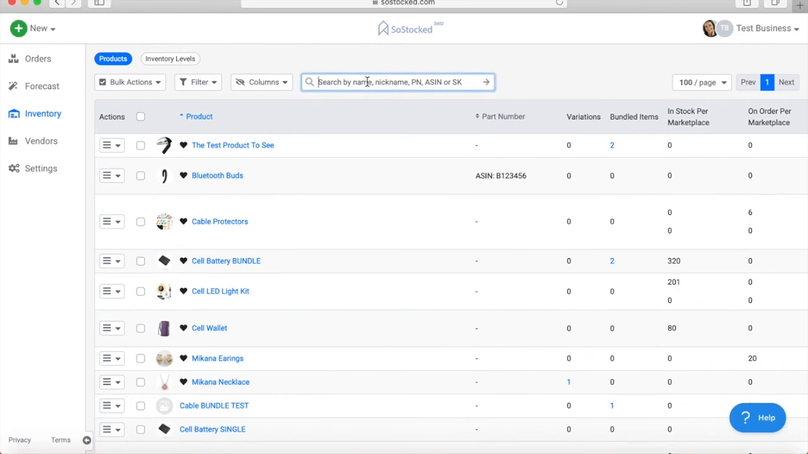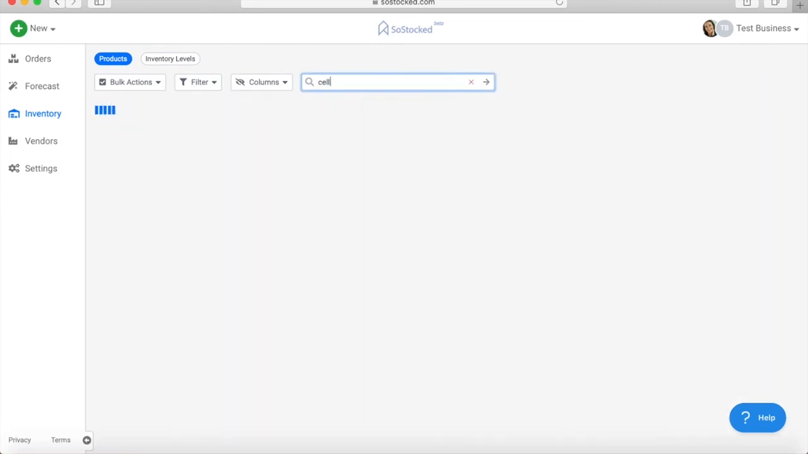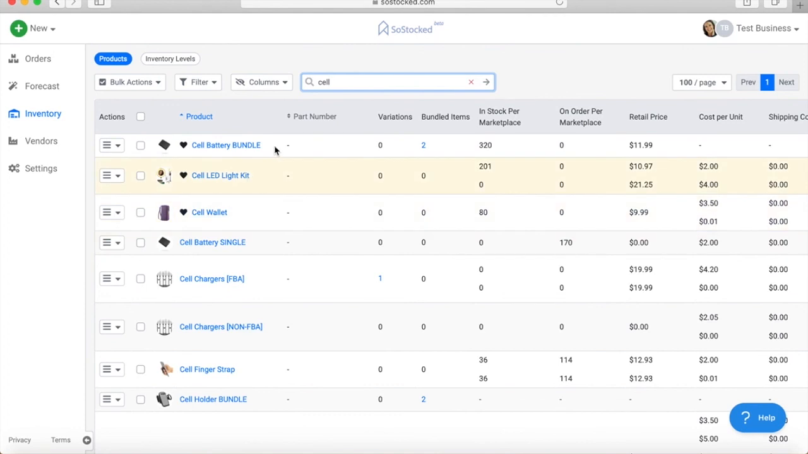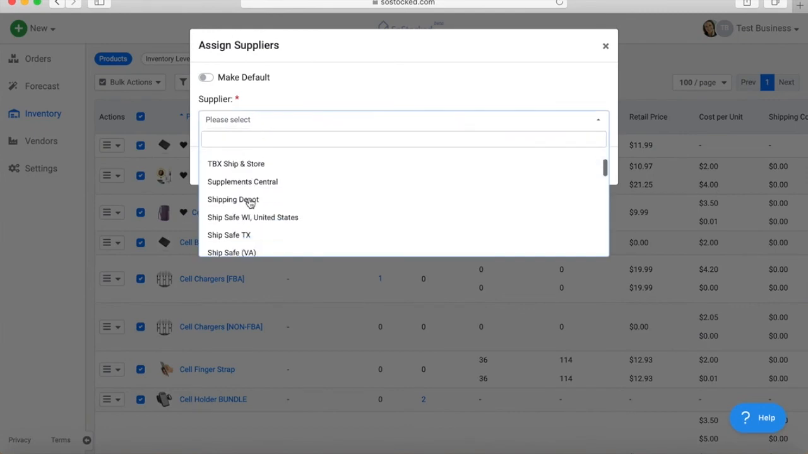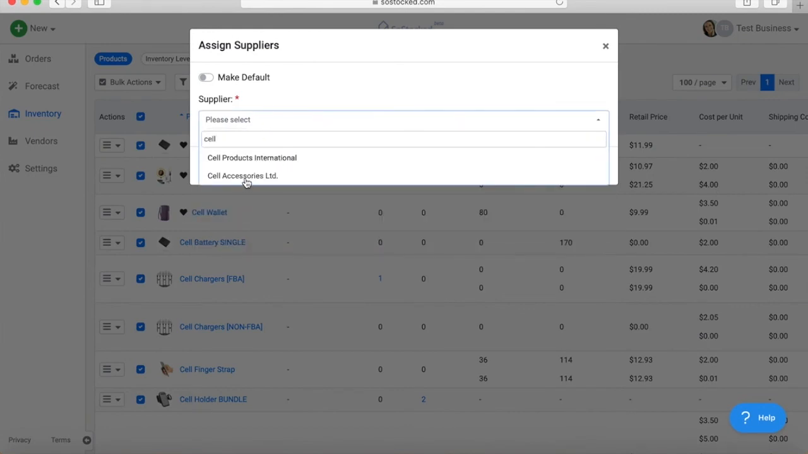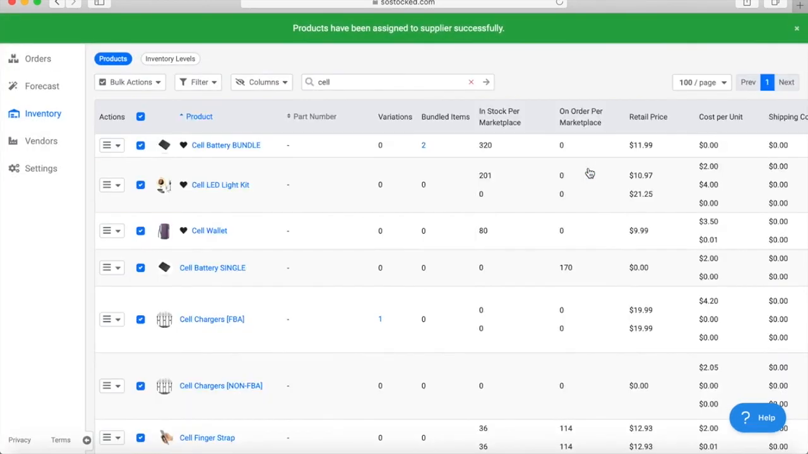Again, you can use keywords to narrow your search. So if you had all of these products were supplied by one particular supplier, right? Let's see, sell accessories, and we would assign all of those sell products to that